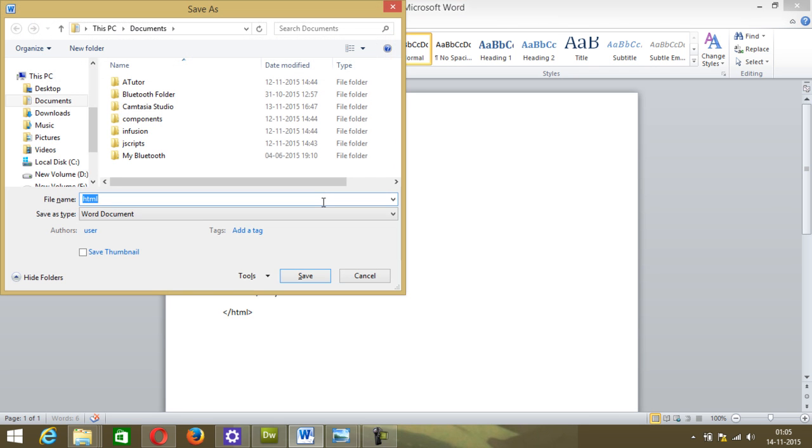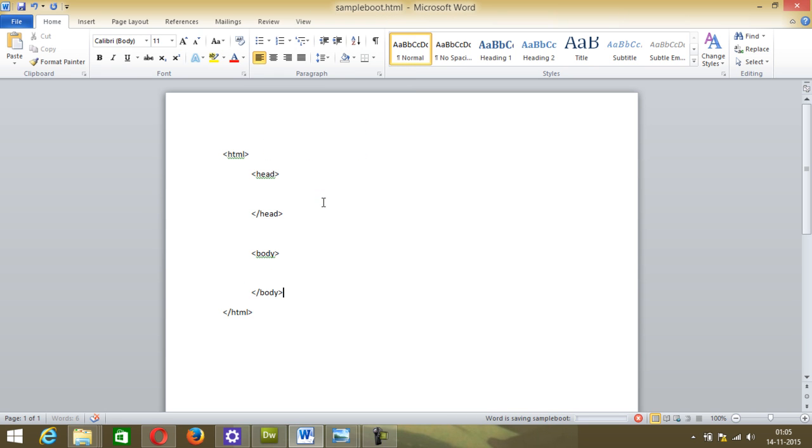Save the file as .html extension, name it as sampleboot.html so that you can open it in browser. Inside header you can obviously have title,